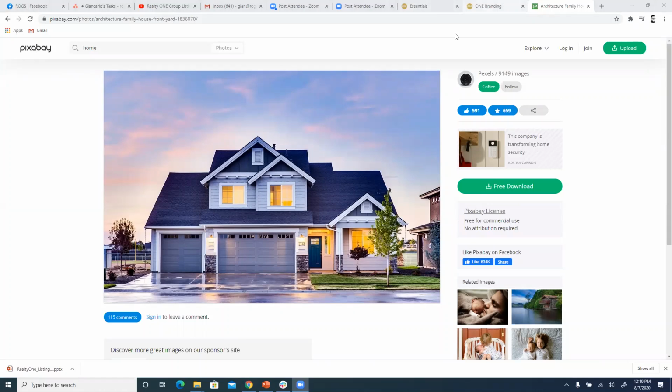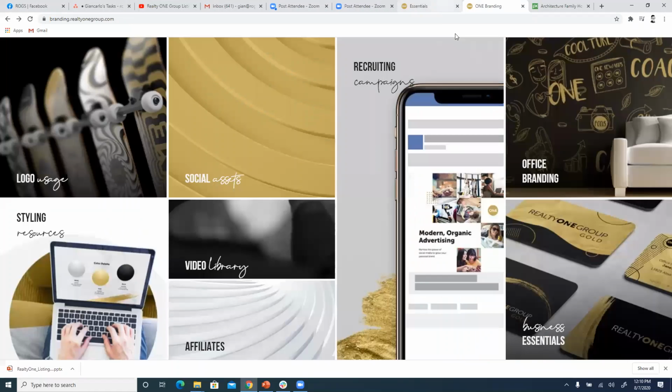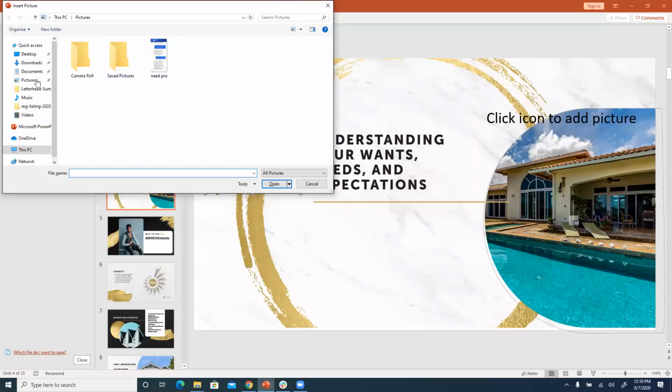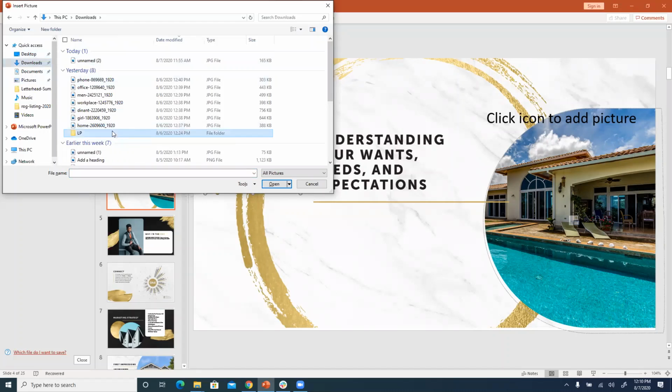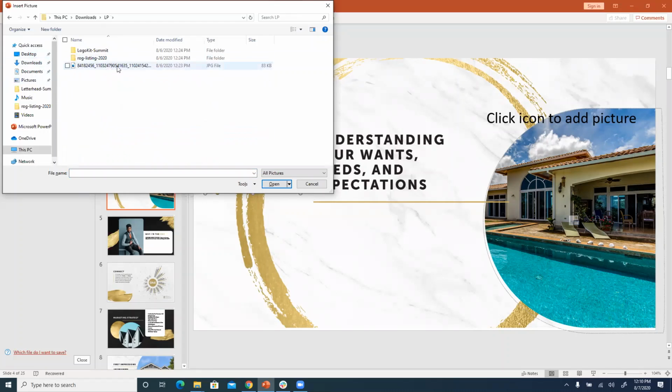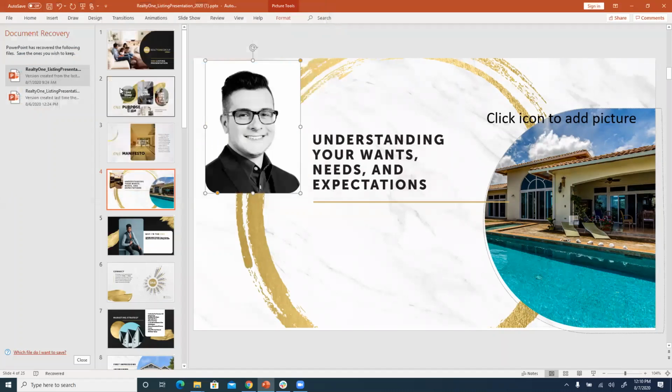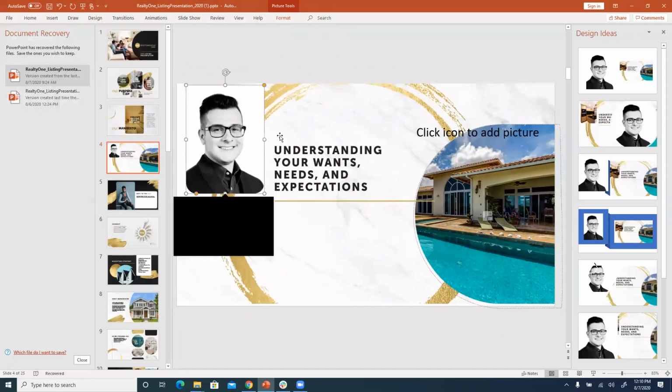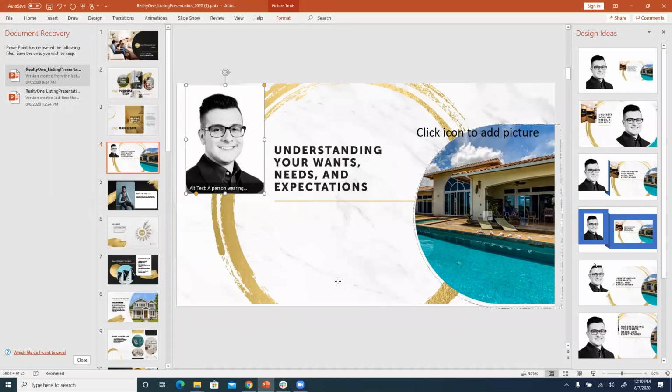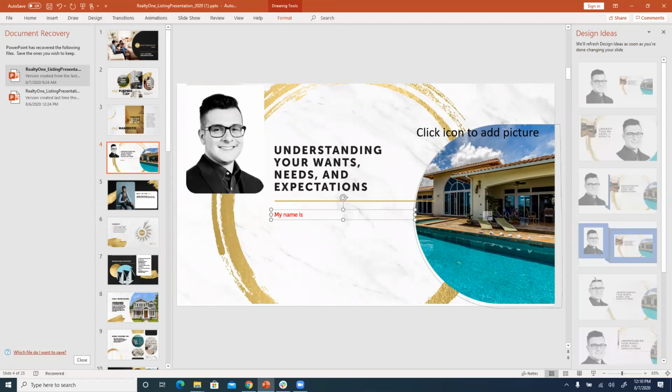And so what we're going to do now is go back into the PowerPoint. I downloaded some pictures, so I'll go to my downloads. I actually had a folder here. I believe this is one. This is mine. So there's little headshots I can put in right there, and then it's going to have my information right here. Like my name is,